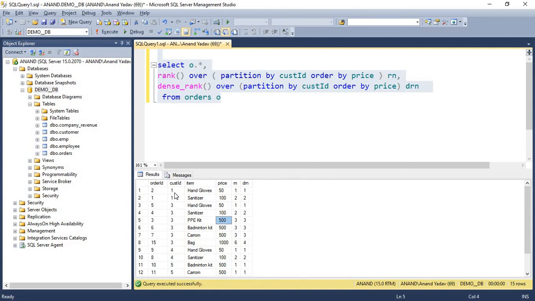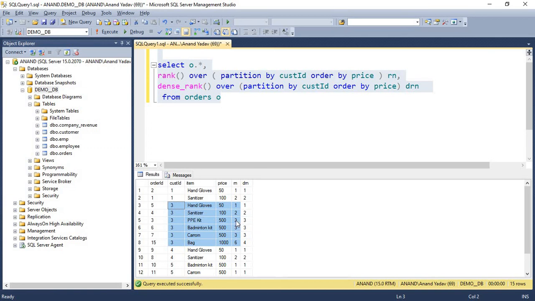If we see customer ID equal to 3, most of the items he buys are in the range of 500, so we'll offer him products that come under the range of 500. Now for customer ID 3, rank skips the continuation of the series.